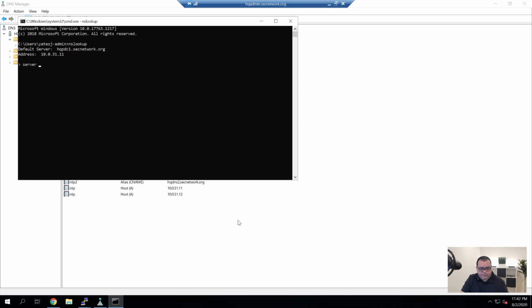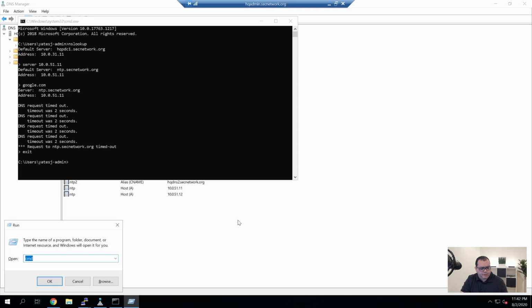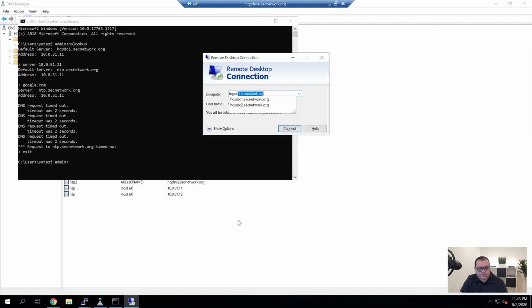We're going to change the server to 10.0.53.11, and as you can see, it picked up. And then we want to query, let's just query google.com. It might be. Let's log into the domain controller.